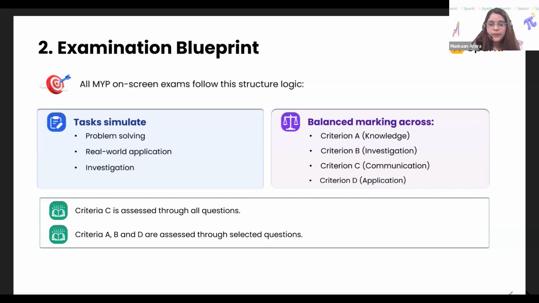Then the next question was: the total marks for the assessment is 120, and another two people have said yes. The majority of the people have said no. So Raika, can you tell us what is the total marks for the exam? It's a 100 mark paper. It's a 100-mark paper, not 120 marks.